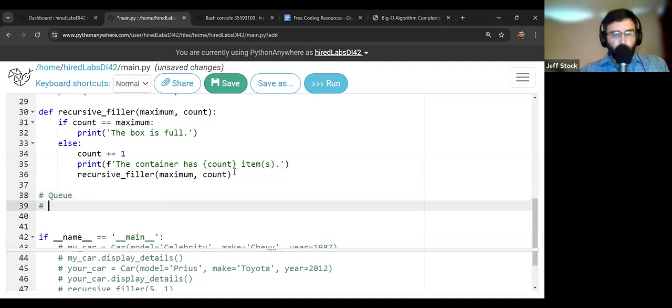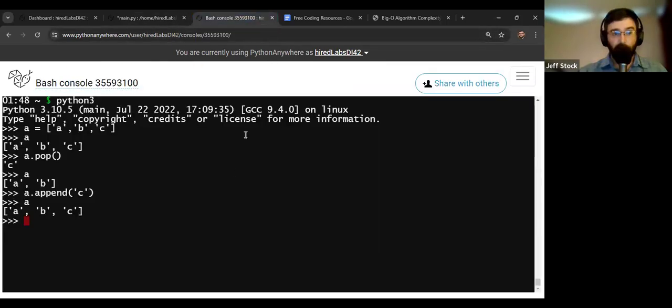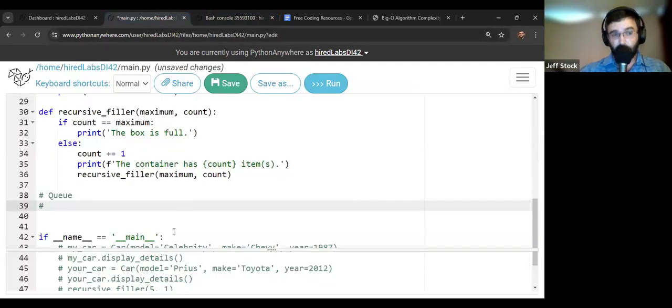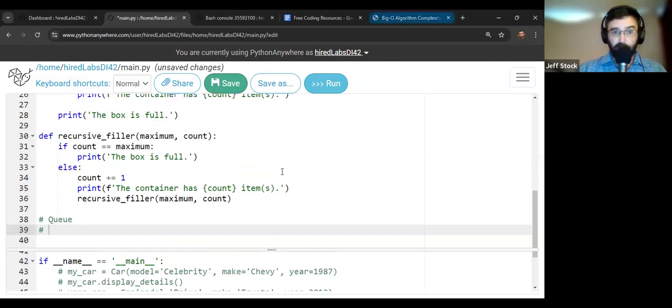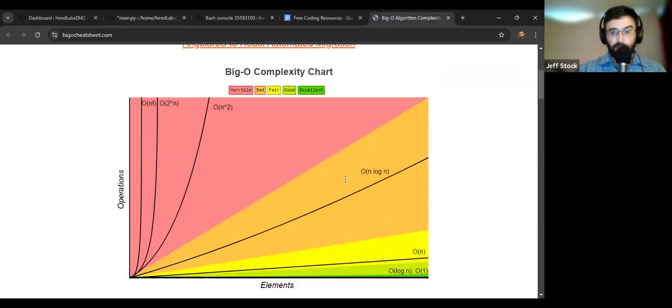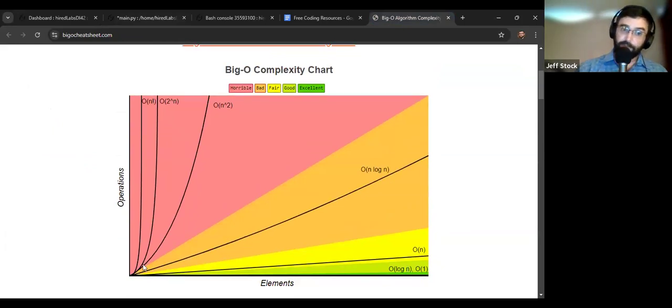So when we think about a queue, I'm doing this in comments in our main function because we're not going to implement a queue. It's going to take a little bit too long for us to write all the code that would make a queue separate from a list. But keep in mind, like I said here, you can accomplish this with a list. It's technically just slow under the hood. So if you want to do something like a queue, you can use a list. Just keep in mind, if you have as many inputs as Google, it's going to be slow. If you have as many inputs as Hired Labs, you'll probably be fine.